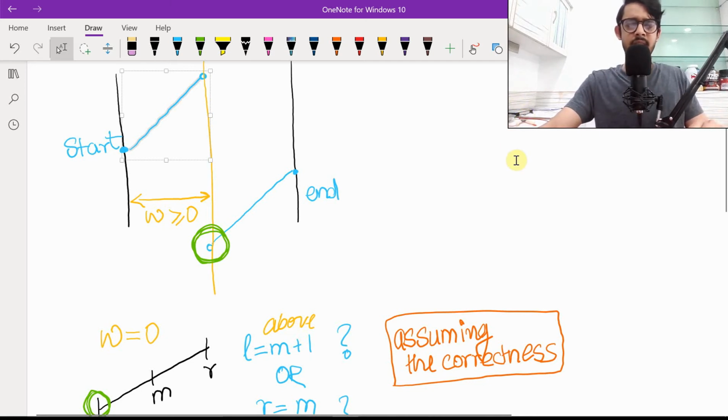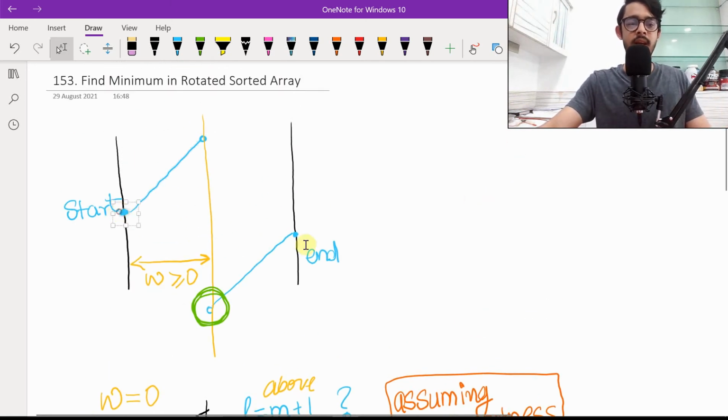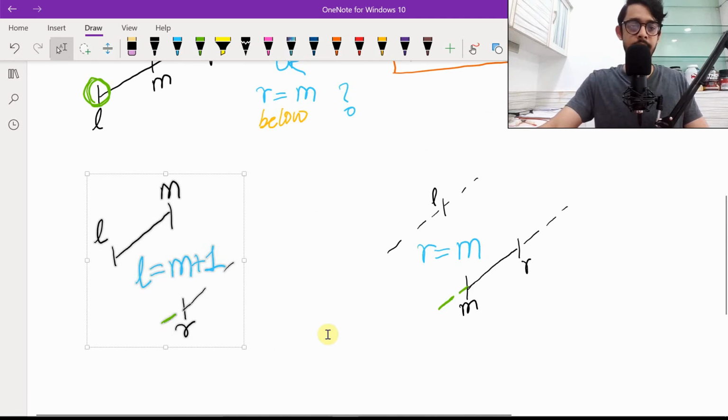Why is that? Let's consider one case where L is here and R is here, which is the first initial case. In this case, M could be anywhere in the middle. Now, in this wrong answer case, what if M decides to be in the middle, somewhere over here? Now, which one is this? Case B. This is L over here, M in the above section over here, and R below. This is the case that happens.